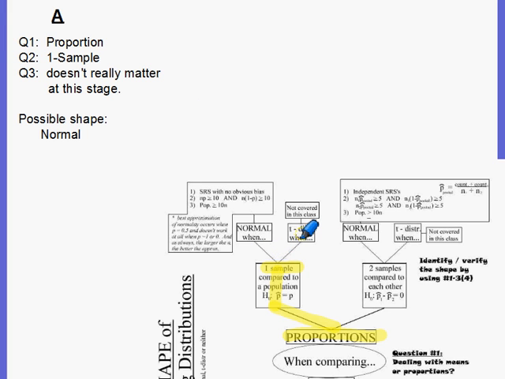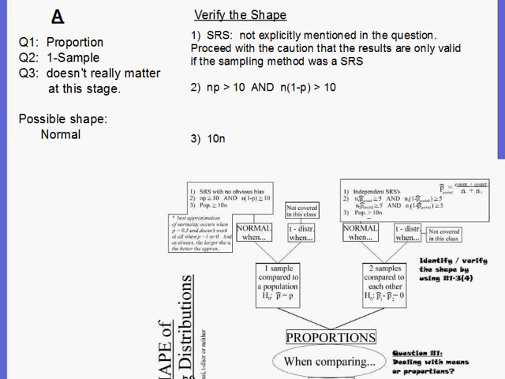Choosing between normal and t-distribution is kind of easy on the proportion side because we don't really cover the t-distribution. It gets complicated and beyond the scope of this class. So it's either really going to be normal or nothing. So we're going to check out whether it's normal or not by checking out these three possible verifications. Let's look at what they are, right? We had that whole same simple random sample business. These are now much more so mathematical checks about